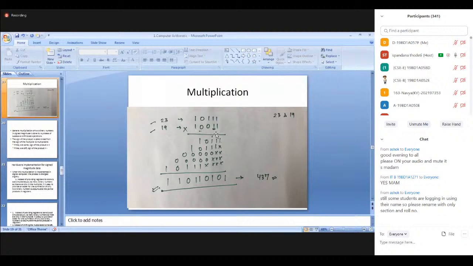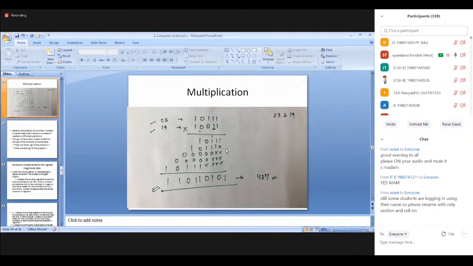The second multiplier bit is also 1. So, multiply this multiplicand with 1. You will get the same multiplicand. And while writing these partial results, these are all known as partial products. All these partial products are to be added to get the final product.